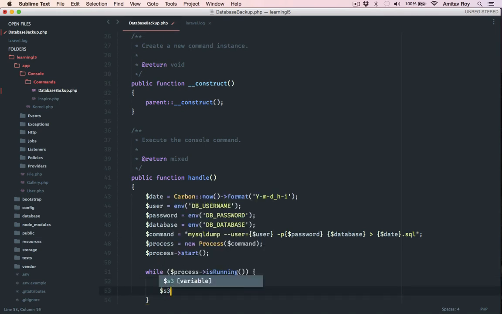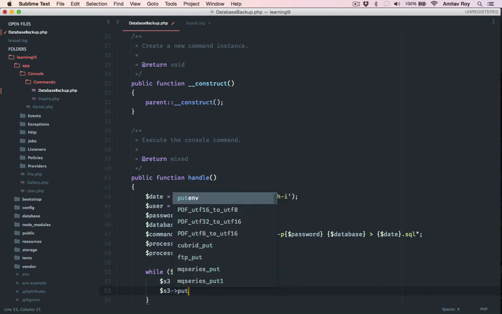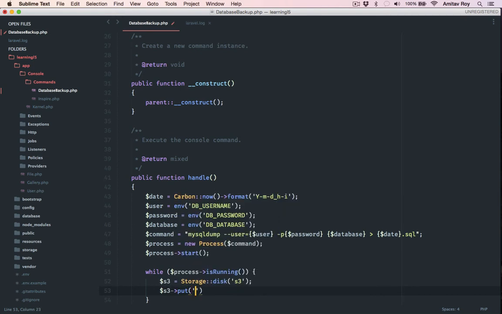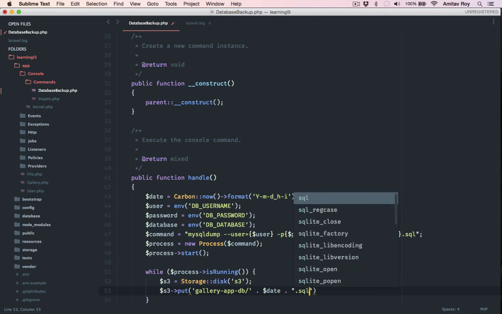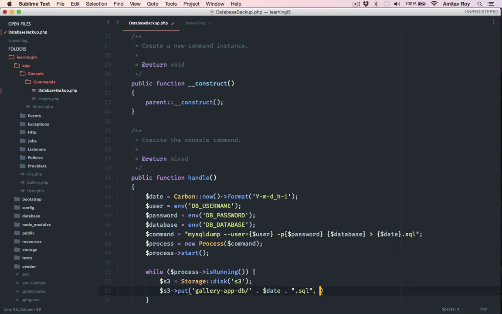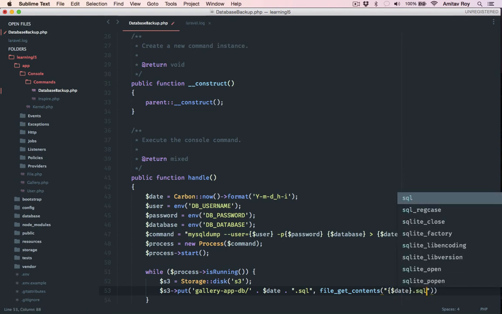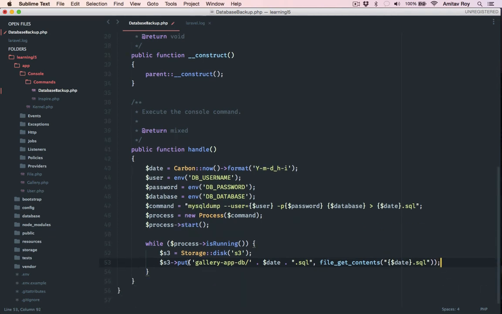I will say $s3 put, and then the place where the file will go. In my case, I'll put it in gallery app db slash the file name, dot sql. This is what I want to put with the file get content from date.sql. Now this is because the SQL file will be created at the root level and not inside the public